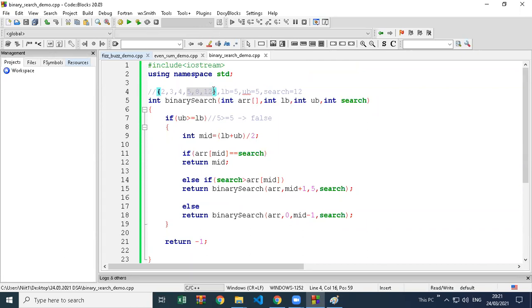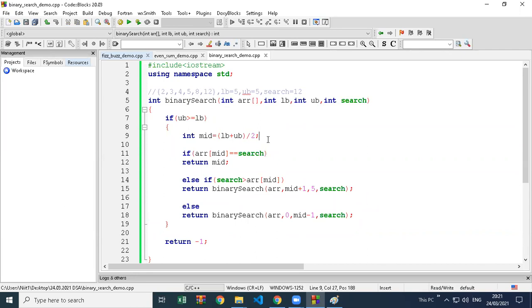Then we go to the right-hand side because we are searching for 12. Then we found the 8 value. Then we also have to go to the right-hand side because we are searching for 12 and it is greater than 8, but there are no multiple values remaining, now only one value remaining. So that's why the lower and upper bound were the same, and because of this it stopped. So we have to make it equal, so greater than or equal to.